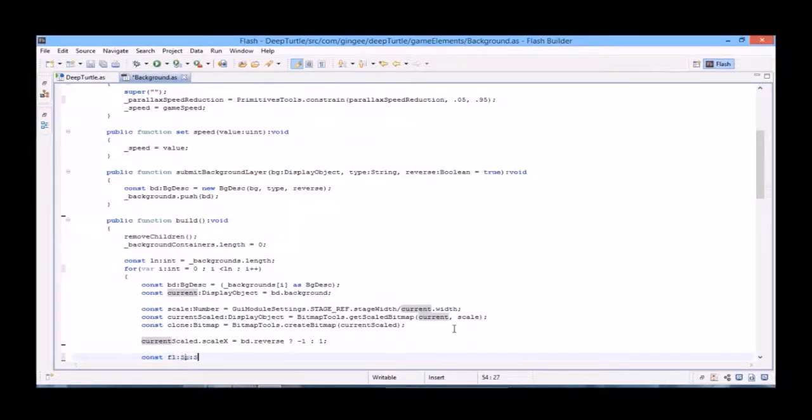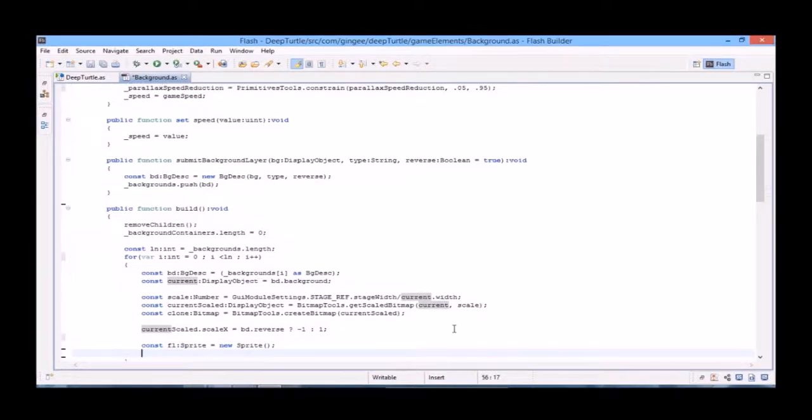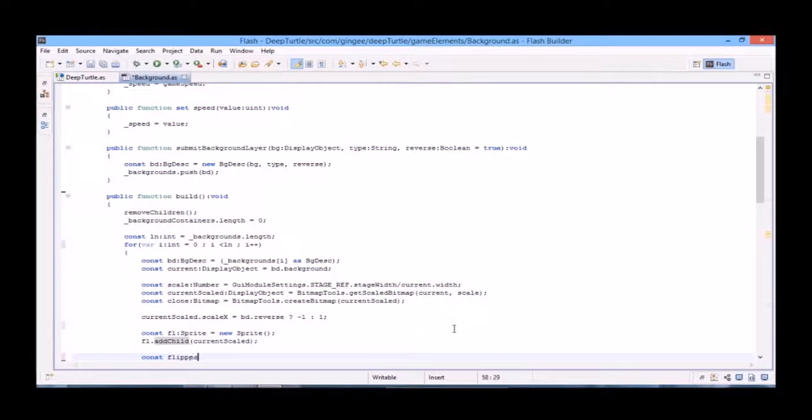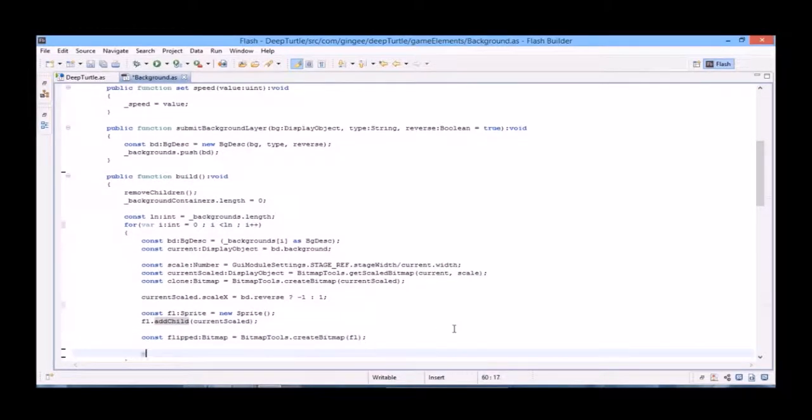Const fl sprite equals new sprite, and we're going to add the current scaled image to our fl sprite, and we'll create a const called flipped, which will be a bitmap, and it'll equal our bitmap tools create bitmap from our fl sprite. This simply flips the image. Next we'll take these two images, the original and the reversed, and pass it through to a parallax unit that